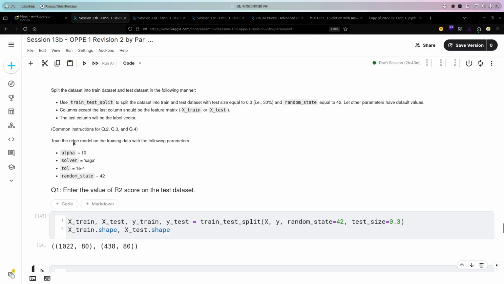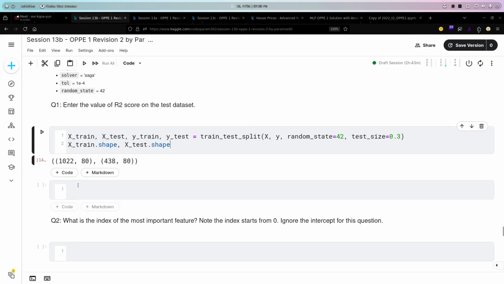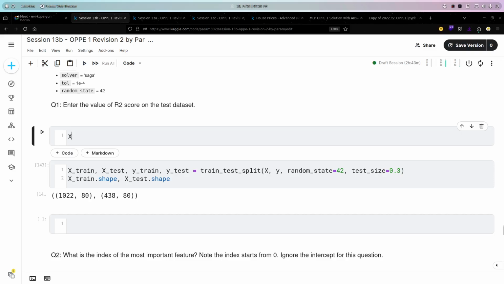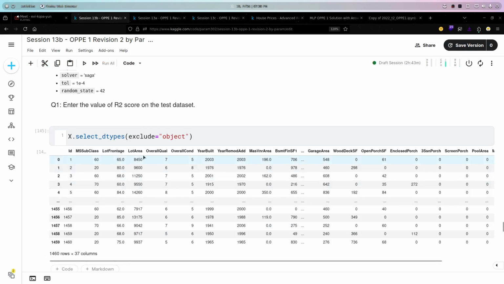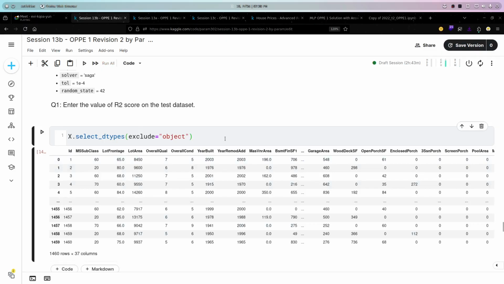It is saying train the ridge model based on these parameters and evaluate the R2 score on the test set. I know there are a lot of columns. Let's assume we are only using the numerical columns. We have various columns, so let's only take the numerical data. So select_dtypes on X and exclude object. So let's only take numerical columns as of now.